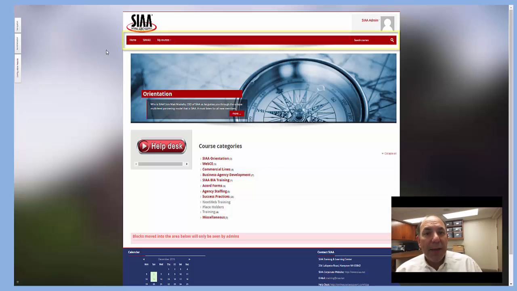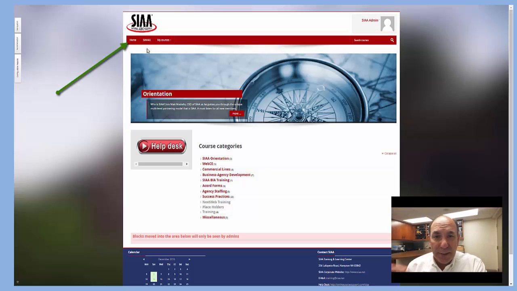Right off the top is the menu bar. The menu bar is going to be your quick and easy navigation. It's going to stay with you regardless of where you are in the Training and Learning Center. If you happen to go deeper inside the Training and Learning Center, maybe take a course or look at some of the other content, and want to get back to this front page, the landing page, or home, all you simply do is click on home, and it brings you back